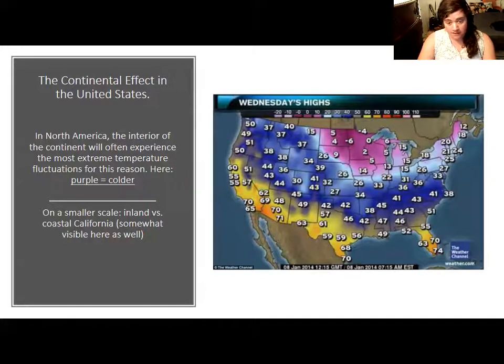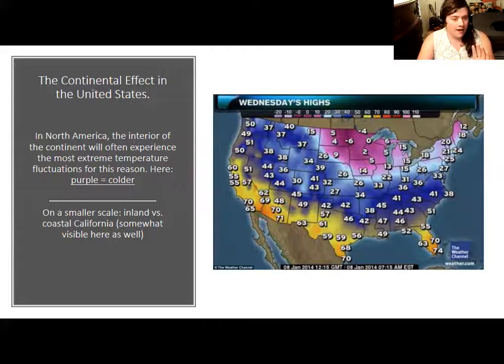I love Minnesota, but it is deathly cold. And then if you go into the Dakotas, it gets even colder. You'll notice that even by the Great Lakes, it's a little milder than it is here because the Great Lakes don't have as much water and don't serve as quite as strong a regulating presence, but their presence still helps. The farther you get away from the lakes, the colder it gets.